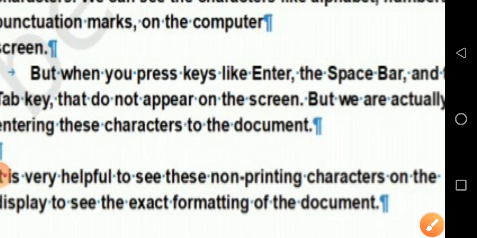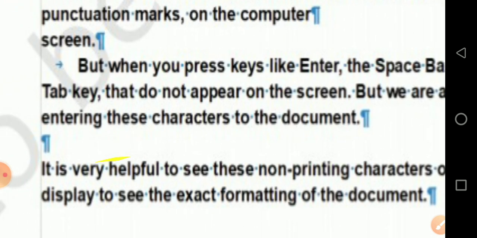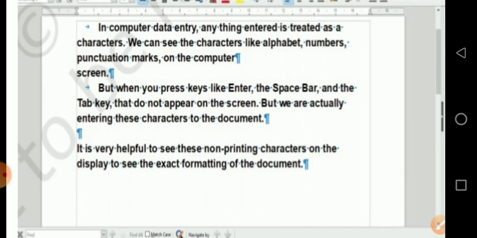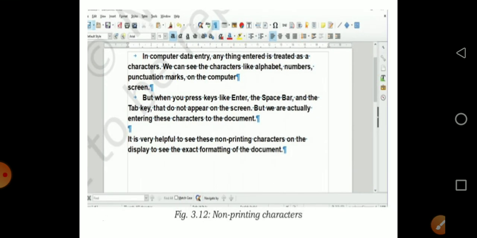Understood? So you can also display non-printing characters. Where the space bar is pressed, you will get a dot, and where tab is pressed, you will get an arrow mark. Understood, children? Any doubts?